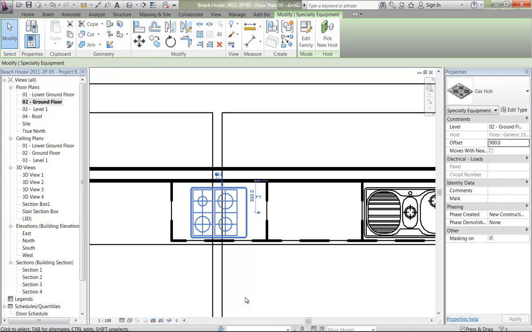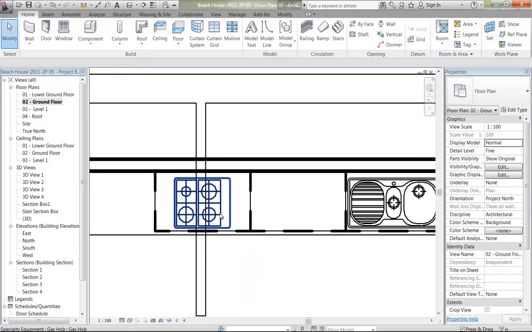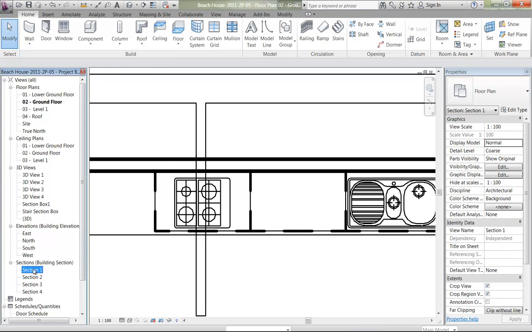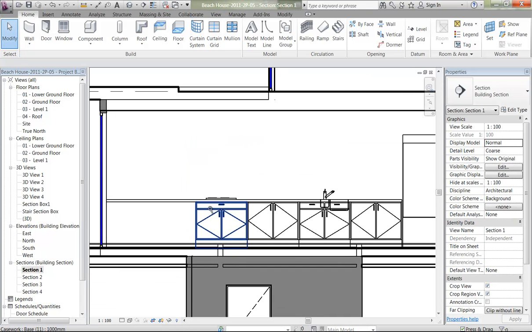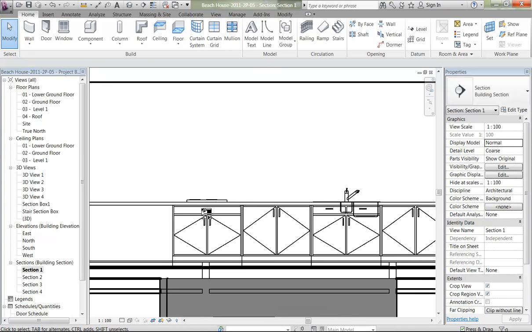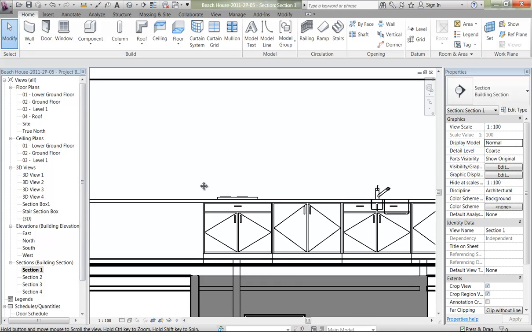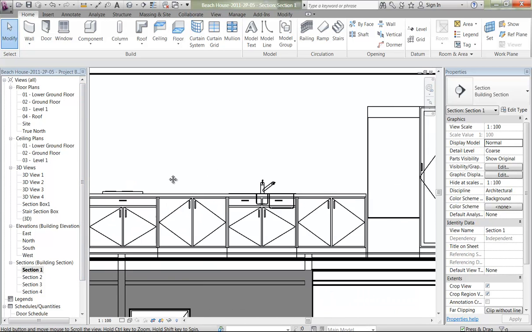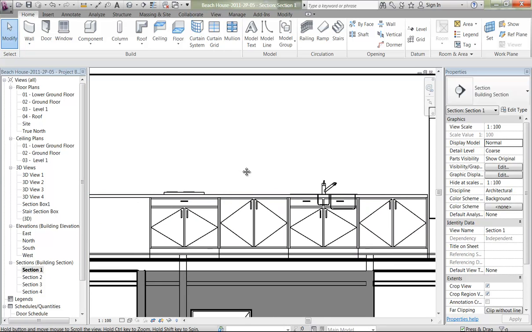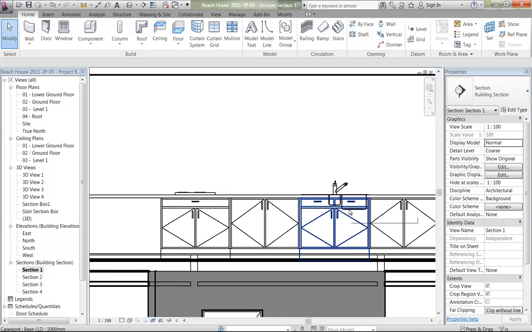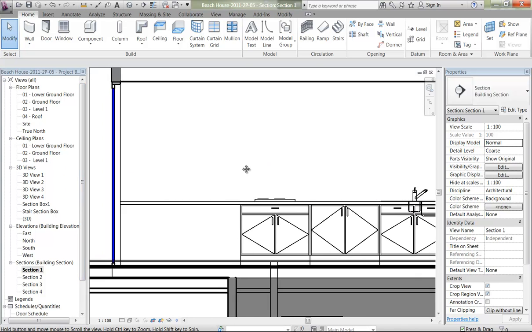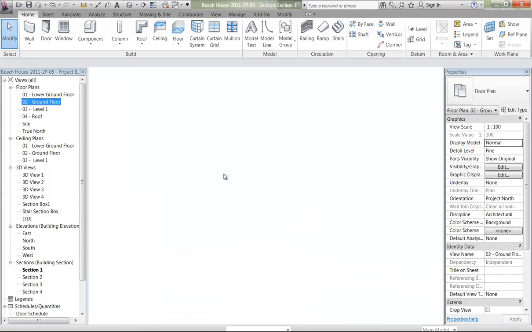There we are. So that looks fairly well centered there, and again in section you can see that there's a drawer where the cooktop is. So again, that will be a false drawer, so that you can again use the cupboards underneath. So back to the section, you may want to change one of these so that it's got a drawer that you can actually use, and also you could think about the sink design. But if you're just modelling the existing, then I wouldn't worry too much about that. So now back in plan,